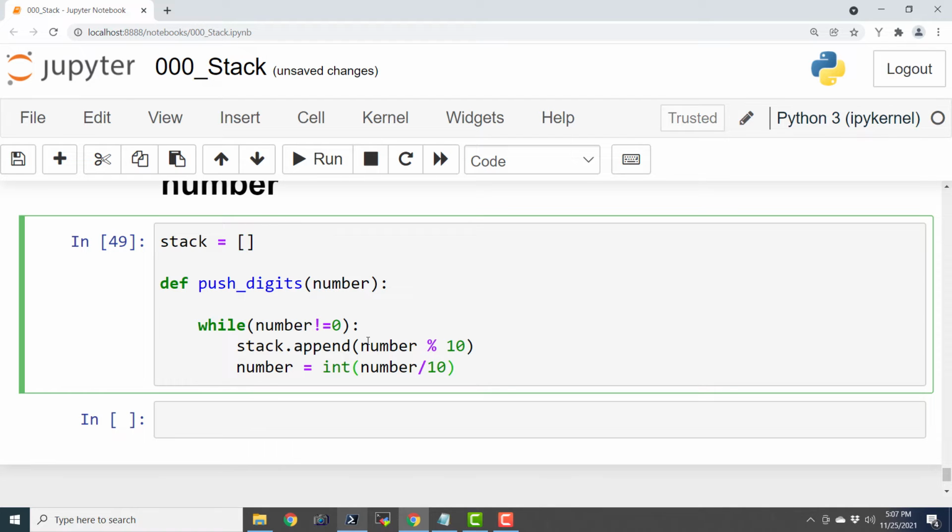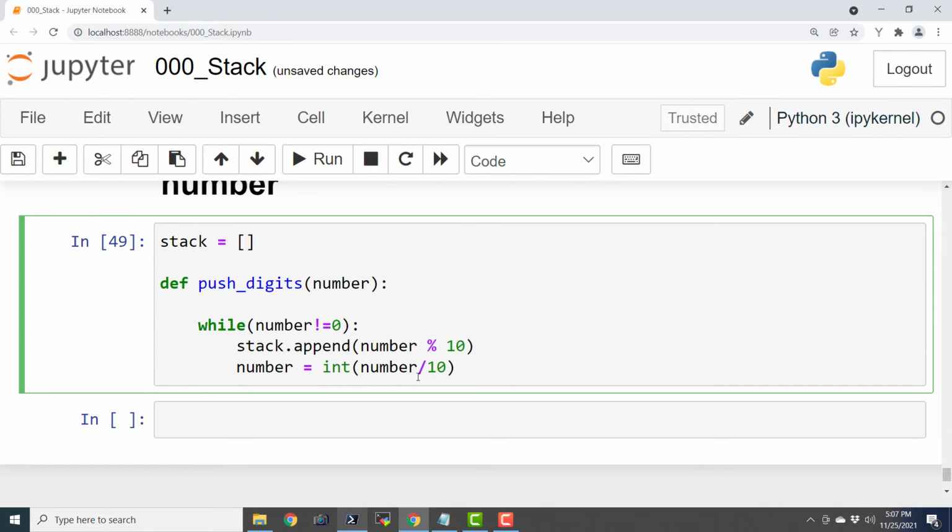So here we are computing the modulus of that number and pushing it to the stack, and then we are computing the number again, which is equal to number divided by 10. So first of all we are computing the modulus after dividing by 10, and whatever is the remainder we are pushing it to the stack, and finally we are dividing that number by 10.